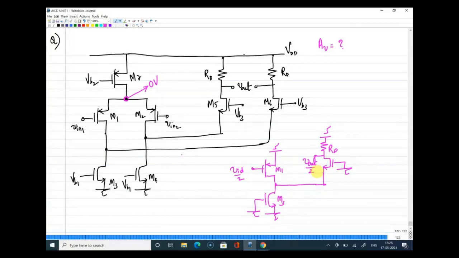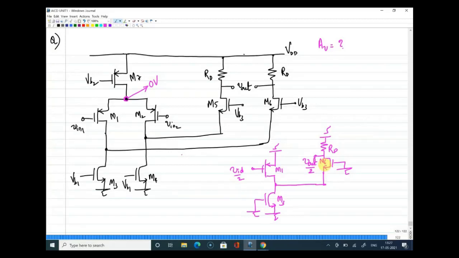Again, look at this question. You can see that the input is given to the gate of a device whose source is grounded. Output is not directly taken from the drain, but from the drain of another transistor, and it is folded. So the circuit is now a folded cascode amplifier. If I take this as M6,